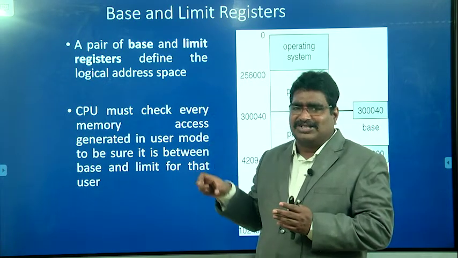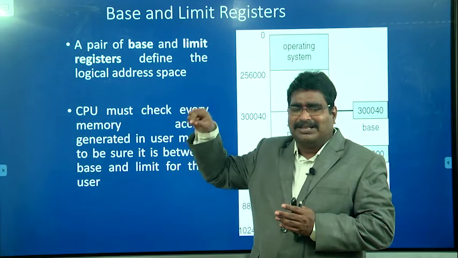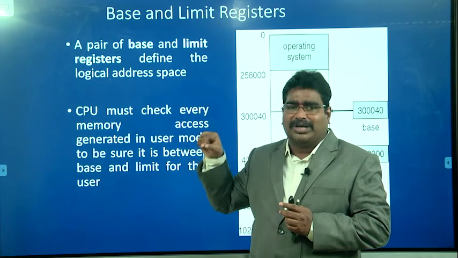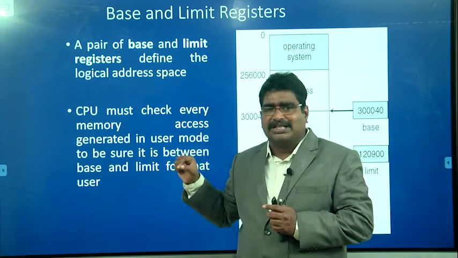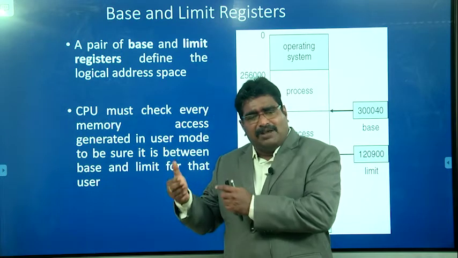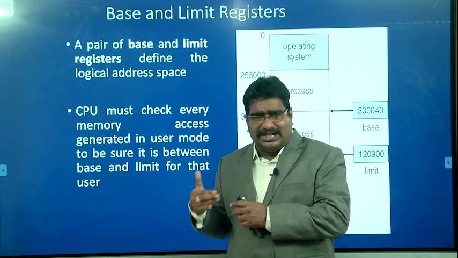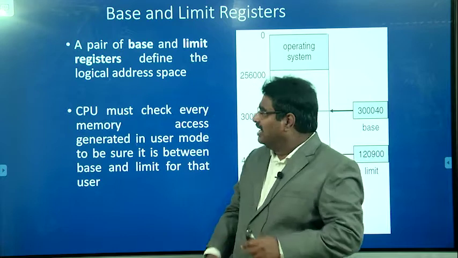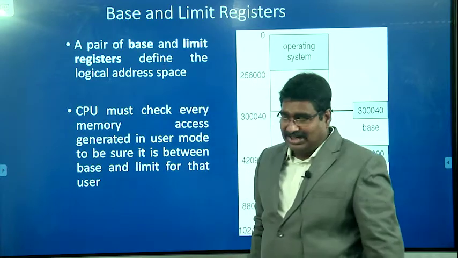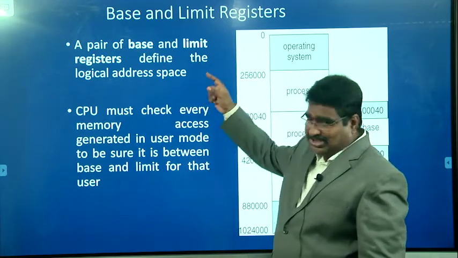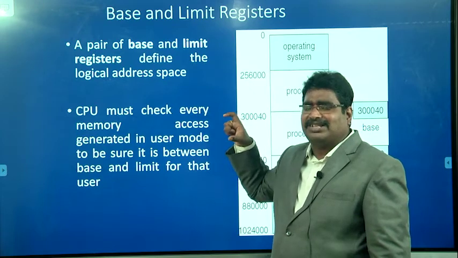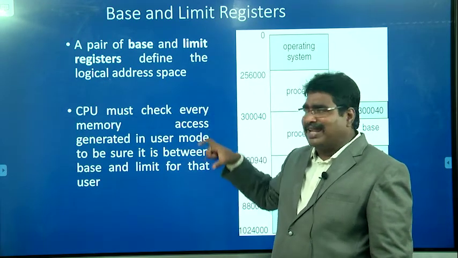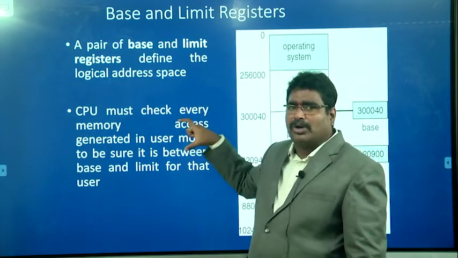Where these instructions are available in the primary memory, that is, the actual address locations, is represented as the physical address. And how are we able to calculate the physical address based on the logical address? Here we are using the base and limit registers. Actually, the limit register specifies whether we are accessing that particular program location or not.